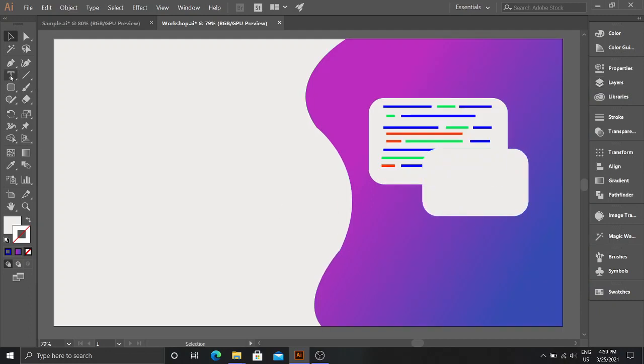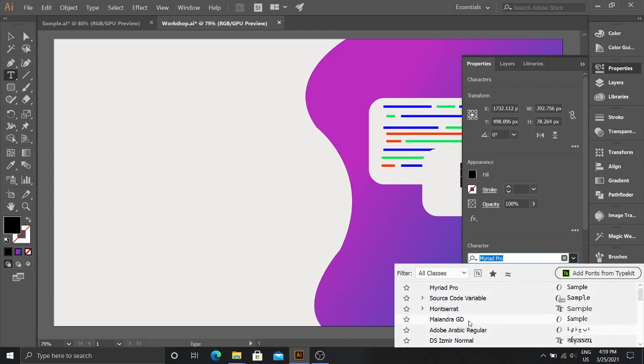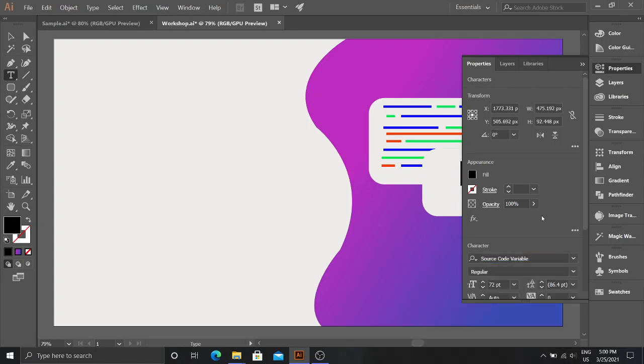Now we can type something on it using the text tool here. Go to the properties panel and let us increase the font, and maybe the font style like this.